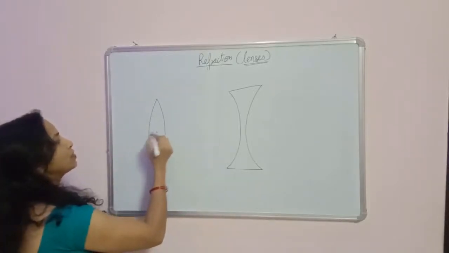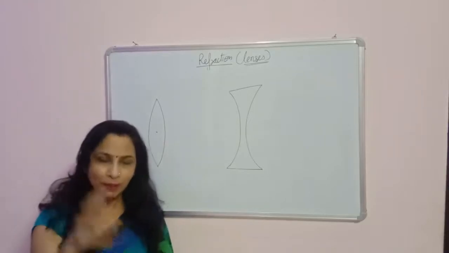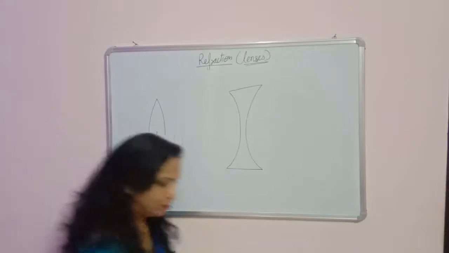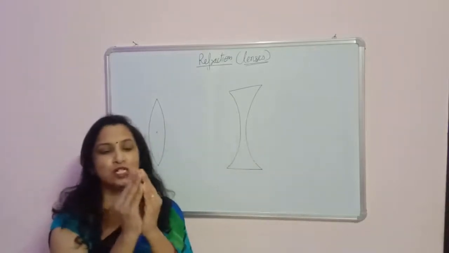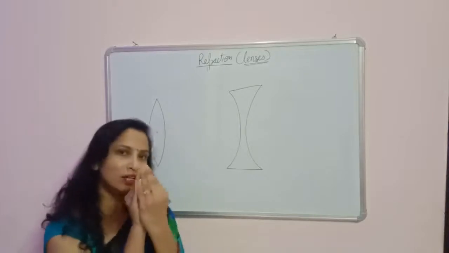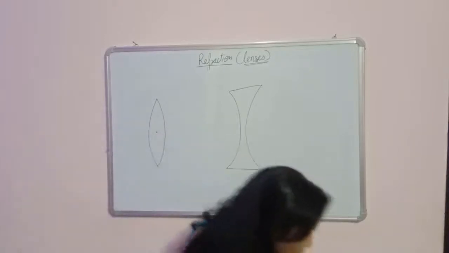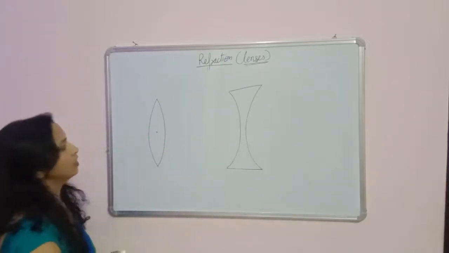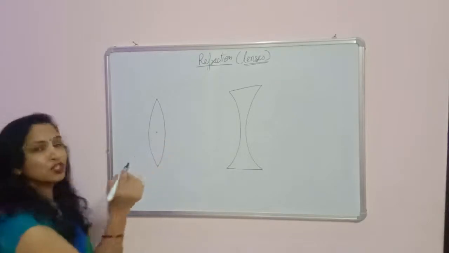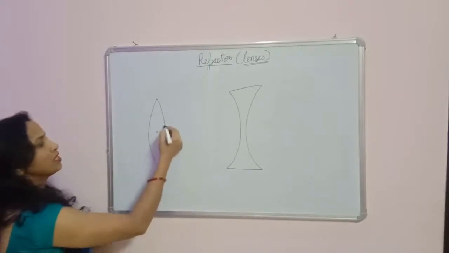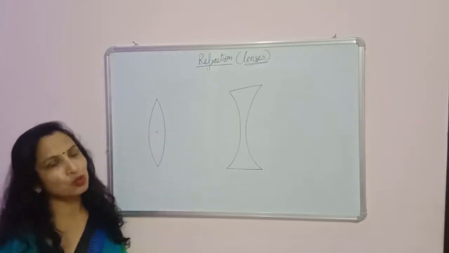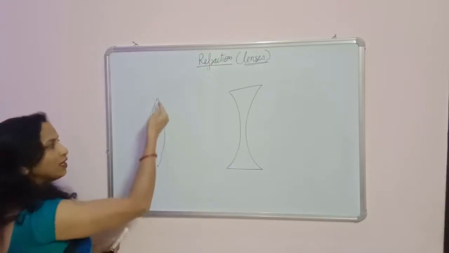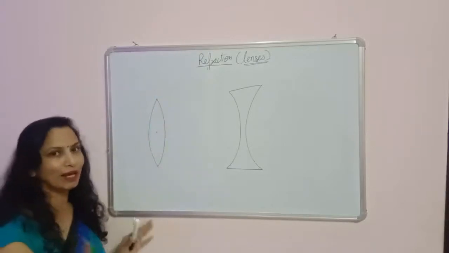Okay, some definitions. First one is the optical center. What is the optical center? Optical center is the center point of the lens. Lens is a piece of glass. So the center of this lens is called the optical center. And if we draw a line which is perpendicular to both the surfaces, these are the two surfaces. This lens is also called the biconvex lens. Biconvex lens means this is convex from this part and also convex from this part.